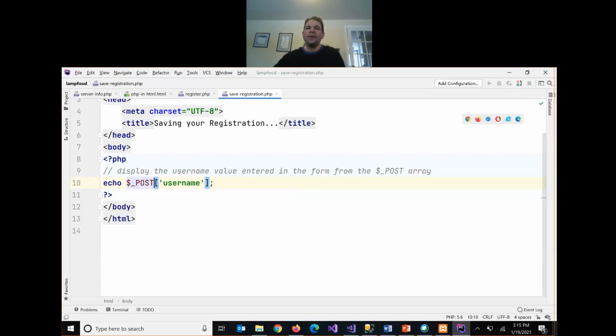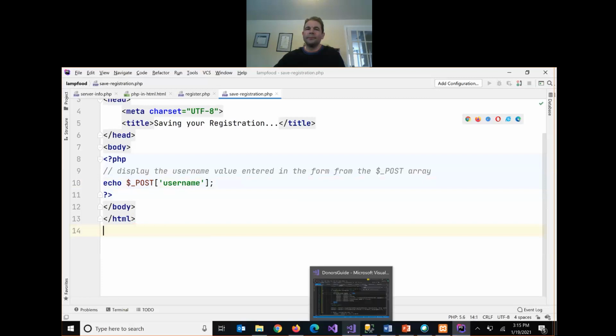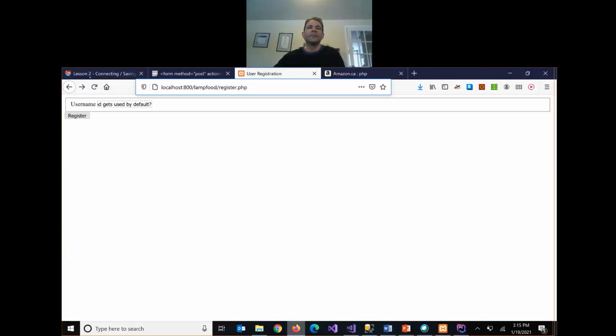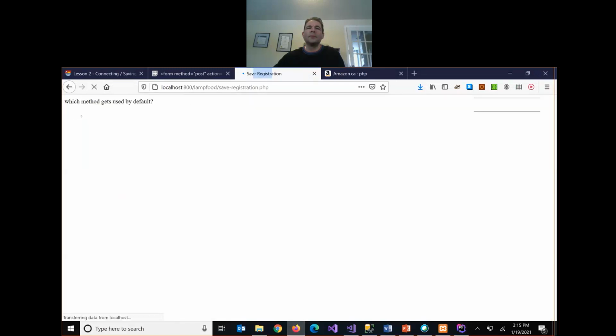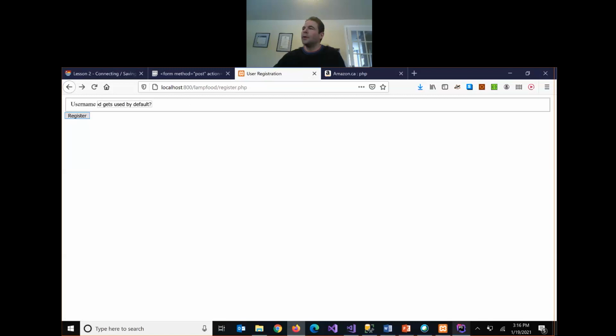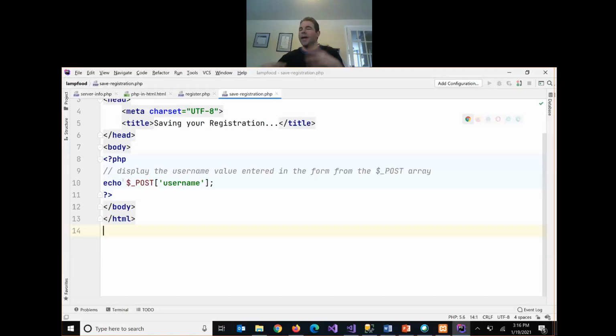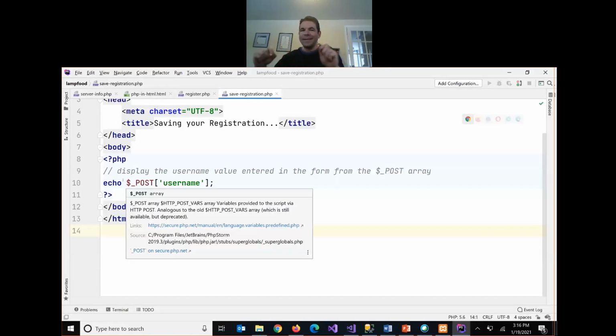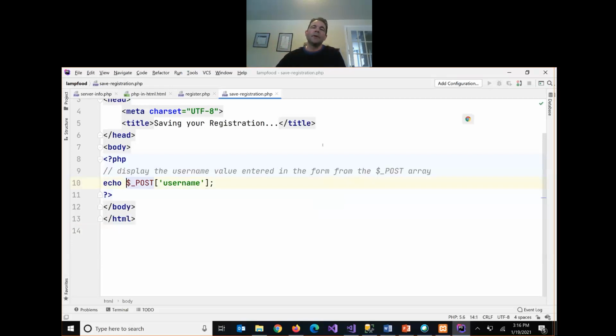Right now, all this does is print out the username. So what if we also want some HTML formatting and a message around it, like something like your username is? So there's a couple ways we could do this. First thing I'm going to do, just to make it simpler, is I'm going to put this value in a variable because it's a little bit easier to work with